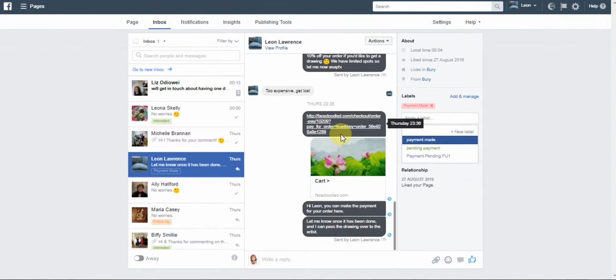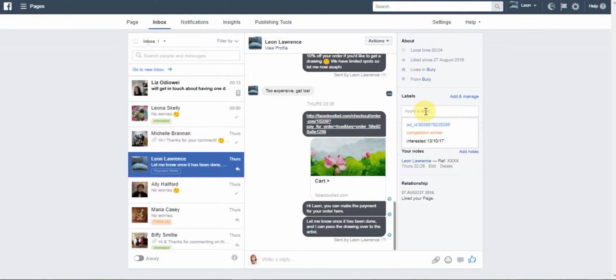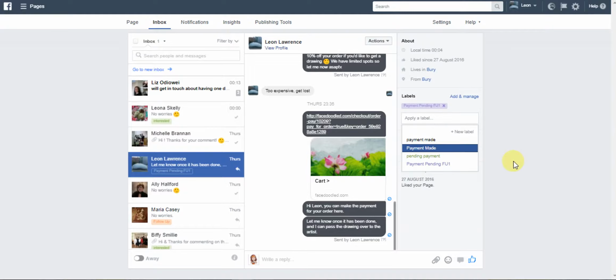So when we've just sent this information so that they can go over and pay, what we'll do is we'll place the tag payment pending FU1, and in about an hour's time we will go through, we will look for payment pending FU1